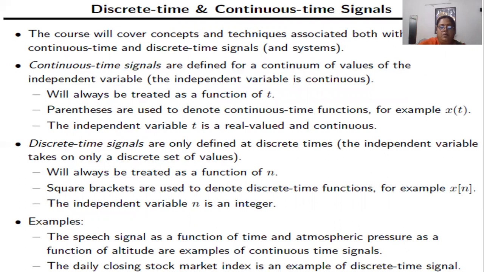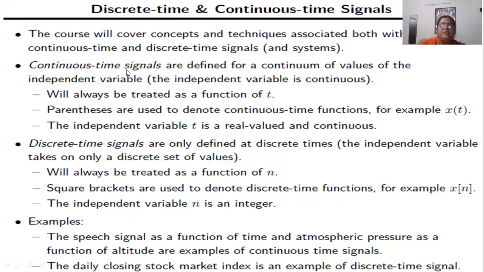Now, when we describe the signal, we come to know that there are two main types of signals, that is discrete and continuous, and there are many more differentiations between the types of signals. Now, this video will cover concepts and techniques associated with both continuous time and discrete time signals or systems. Now, first we'll